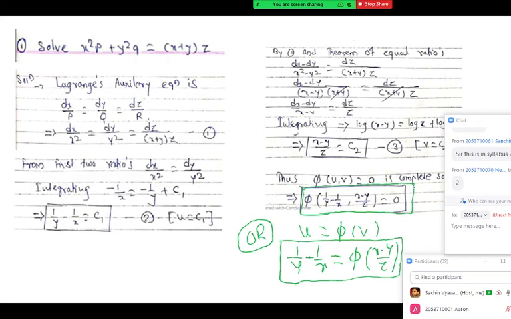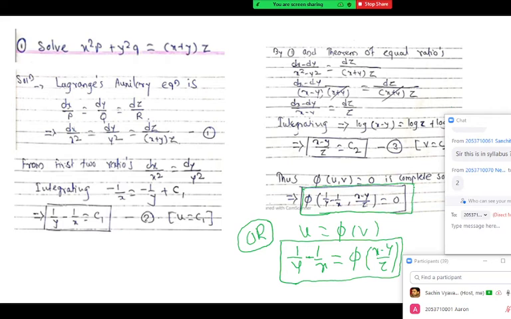Even though I'm saying there is not a unique way of solving this Lagrange's, in all the examples you have only three things to focus on: direct integration, multipliers, or theorem of equal ratio. One of the simplest is direct integration. Next, multiplier is another simple thing. Theorem of equal ratio is a little tricky. You have to think on theorem of equal ratio so that the f dash upon f form should come there: derivative upon that function.